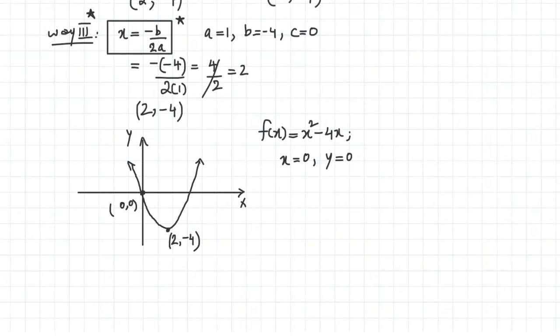Now try to identify the minimum, the least possible value of y. The least possible value of y is going to be -4, which is the minimum value of the function. And upward, we have no end to that, right? So how do you write your answer? Let's write the answer. Your range, the simpler way of writing it is y greater than or equal to